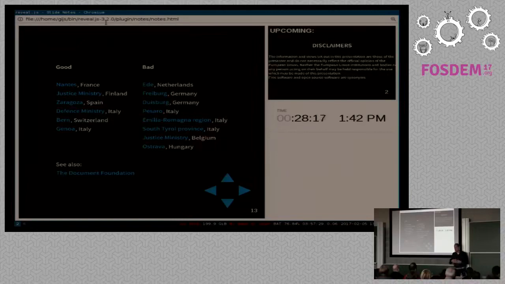The Defense Ministry in Italy, it's currently the largest European, maybe globally the largest rollout of LibreOffice on the desktop. They use the Document Foundation change management manual, that's at the bottom. It's a pretty good document. Organizations should use it as a template to consider, okay, this might not entirely fit my organization, but these are the things I need to do. On the bad side,